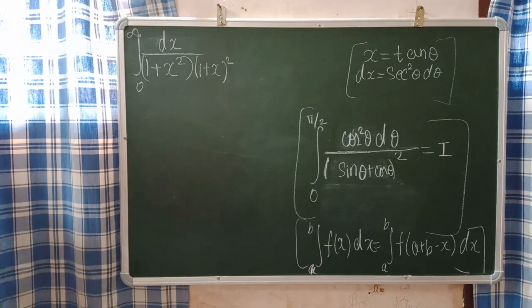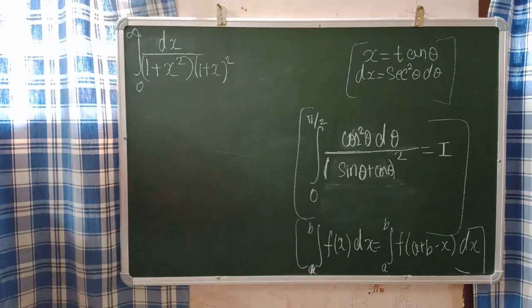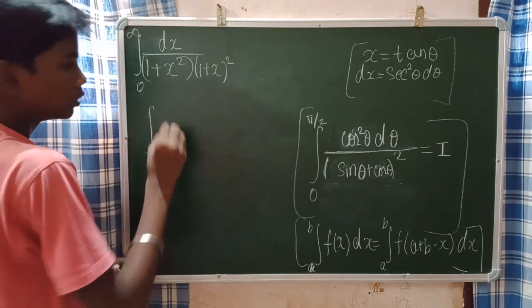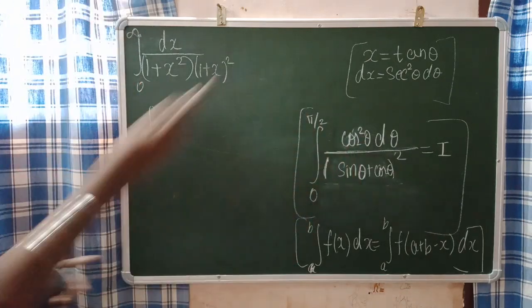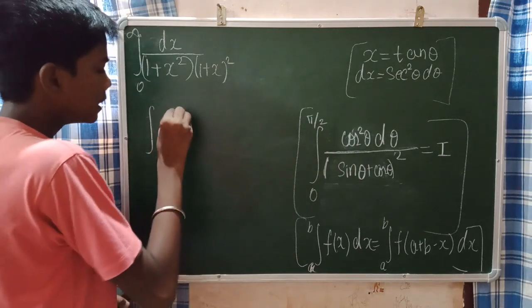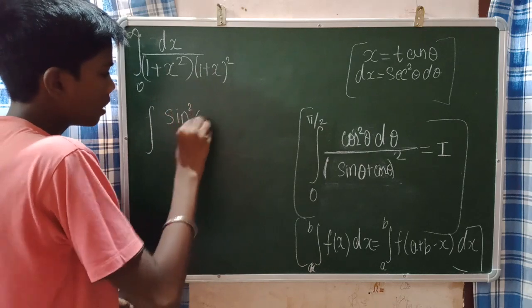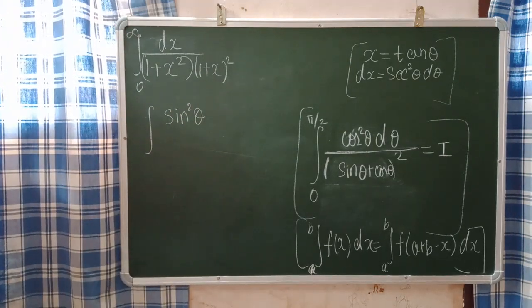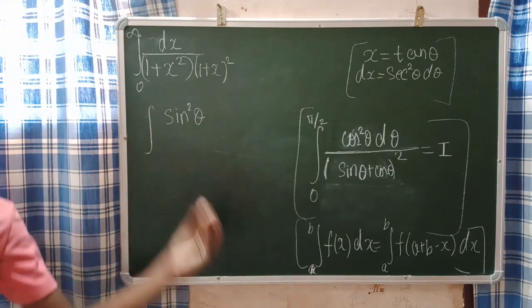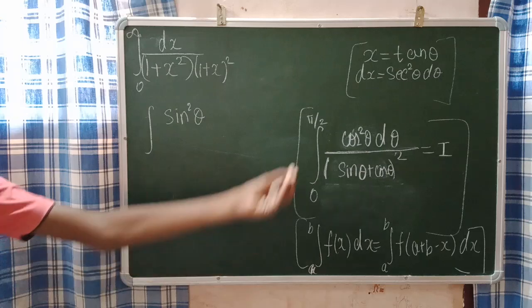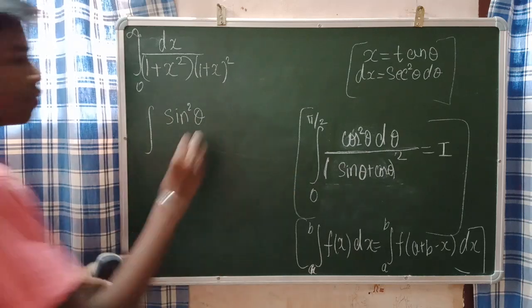So f of pi by 2 minus theta, how will you find it? Just put theta as pi by 2 minus theta. Such a simple thing, man. So when you do that, I will get this integral as cos square of pi by 2 minus theta. Cos square of pi by 2 minus theta is sin square theta. How? It's very simple, guys. Cos of pi by 2 minus theta is what? Sin theta. Cos of 90 degrees minus theta is sin theta. So sin square theta, that's what I wrote, of d theta